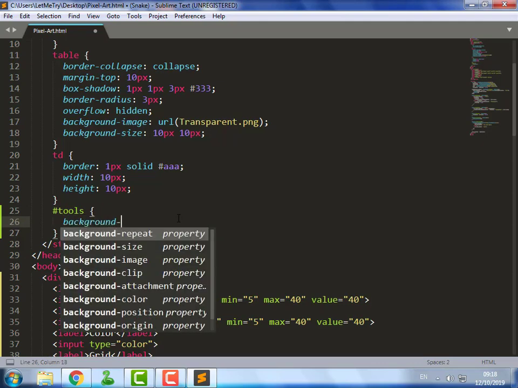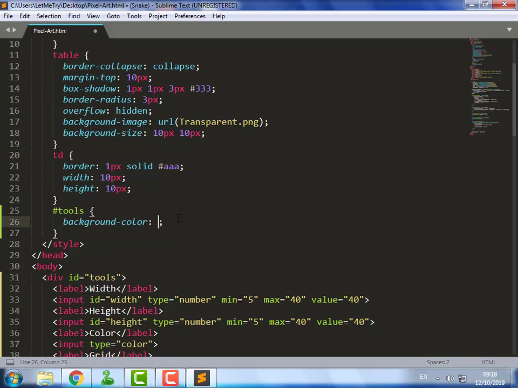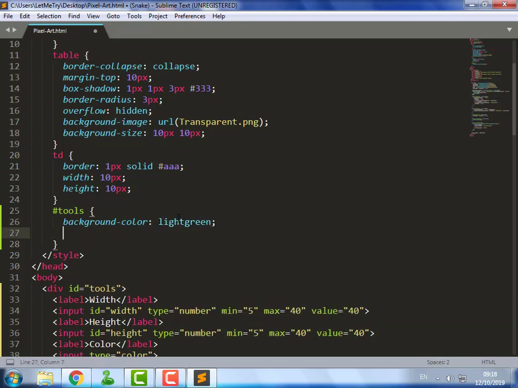Style it with a background color, and font, and some shadow effects.